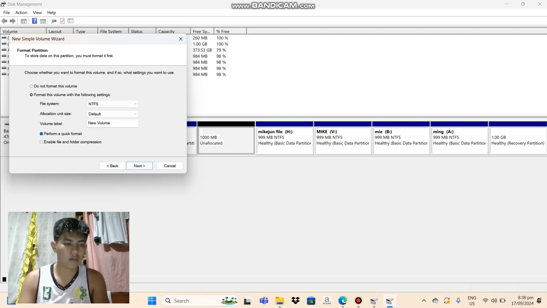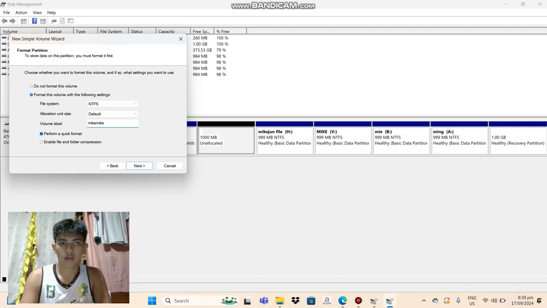And here is the volume label. This would be the name of your partition file system. I'm going to name it Mike.